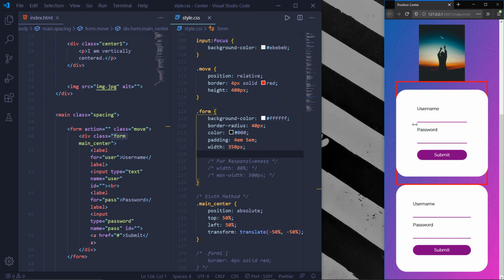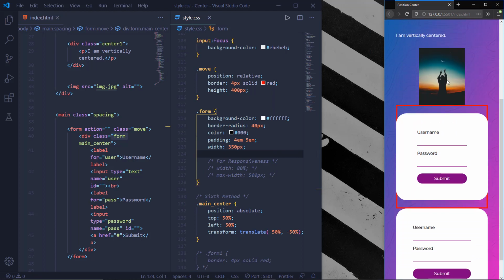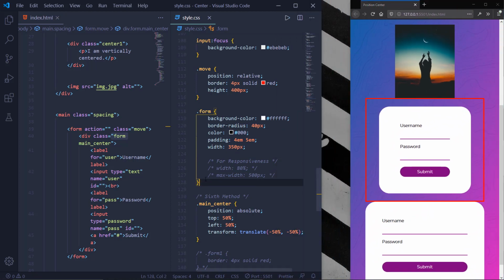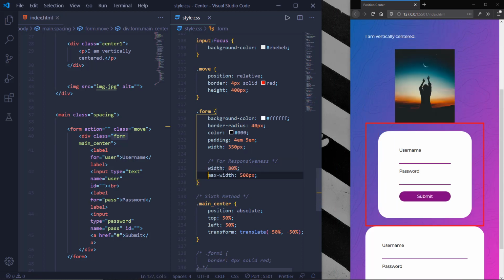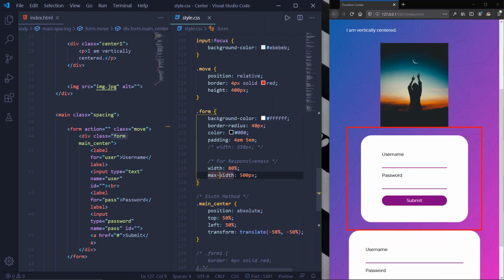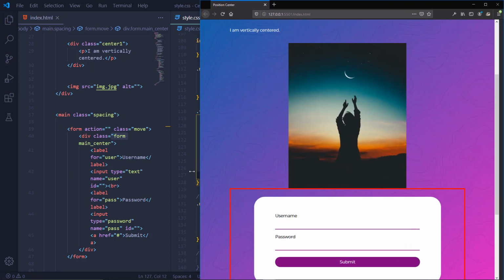So on the mobile view, it's looking nice, but when I increase this, it doesn't go. So it isn't responsive. So if you want to make it responsive, you could do this. So say width 50%. So 50% of the 100% of the browser. So comment this out. So now, while I increase the browser, it is 50%. But I have a max width of 500 pixels. So when you get to 500 pixels, stop. So if I should comment that out and I keep going, it keeps enlarging,